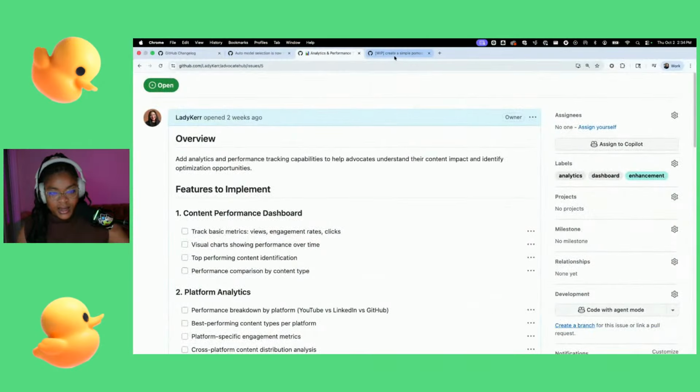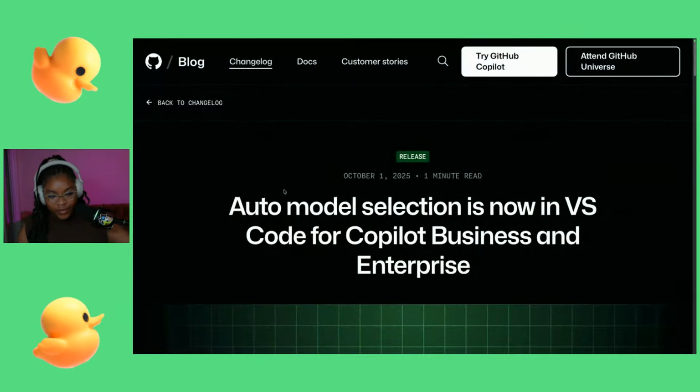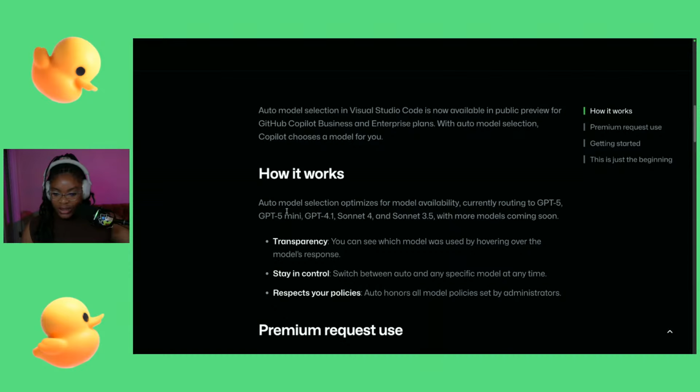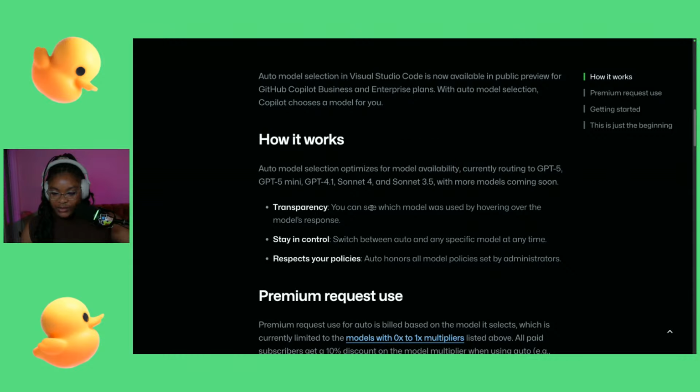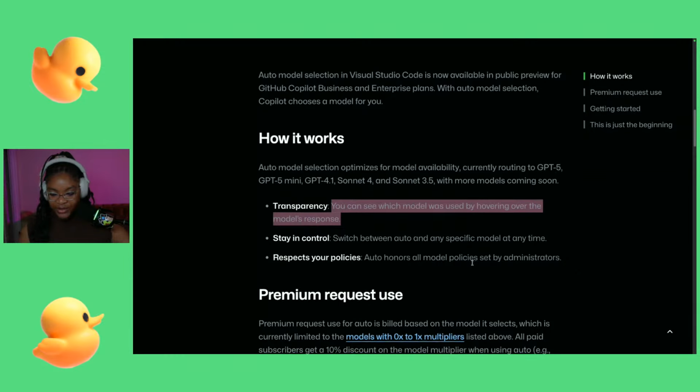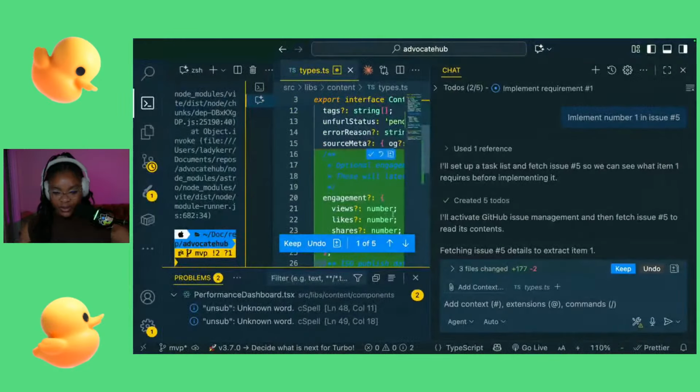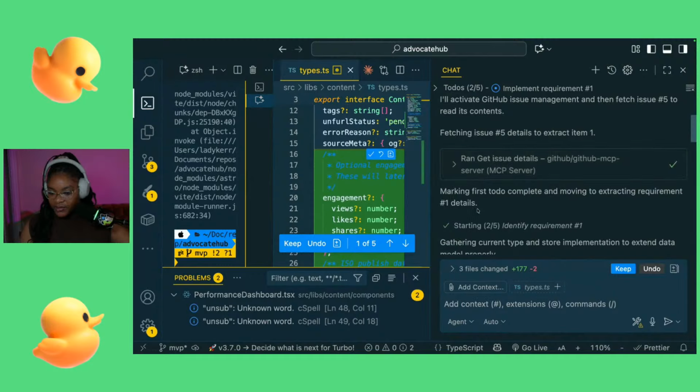So in the change log, it says that it optimizes for model availability. So you can see which model was used by hovering over the model's response. Switch between auto and any specific model at any time. And it honors all model policies set by administrators. Okay. So just hover over the response to see which model. Okay. So if I hover over